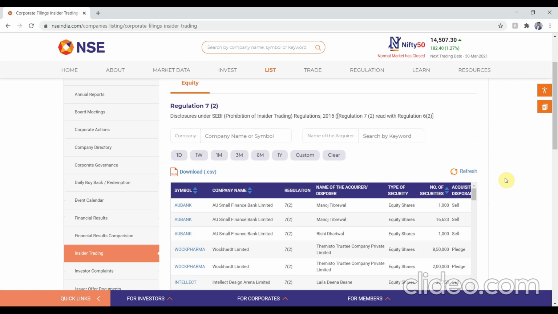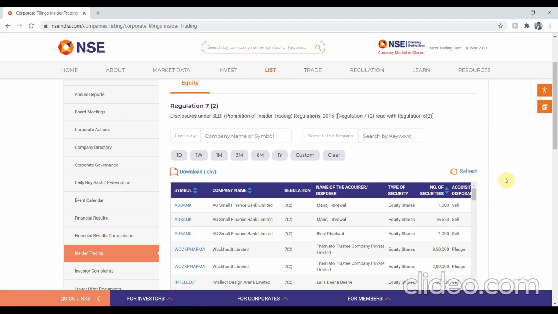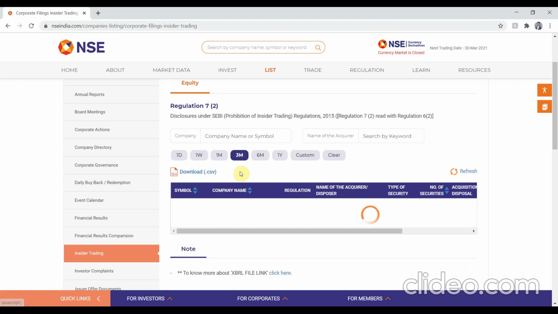Okay, so it might take some time to load. Yeah. So now, by doing this particular analysis, my aim is to make a watch list for my swing trading, and that's why I will be considering the 3 months data for doing my analysis. So as you can see, there are multiple time frames available for which you could download the insider trading report, and I would consider the 3 months data. So click on it, and once it gets loaded, click on this download button and an Excel file would be downloaded, and go ahead and open it.